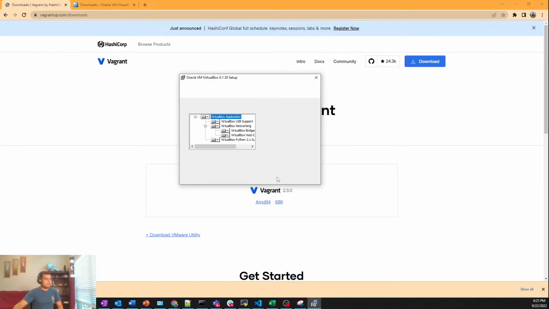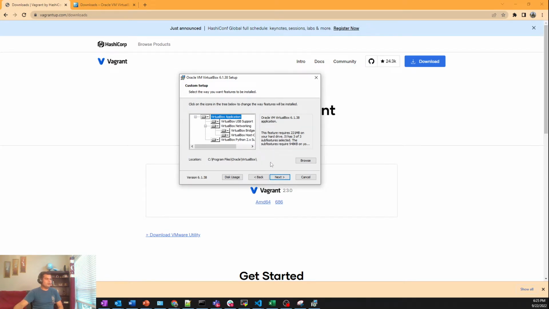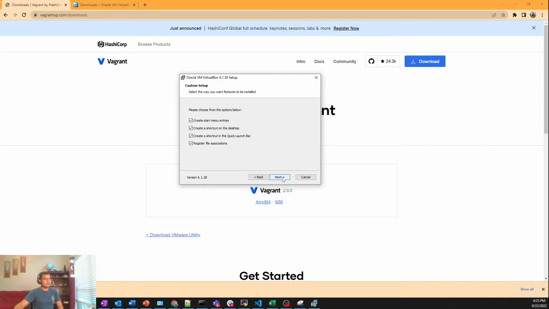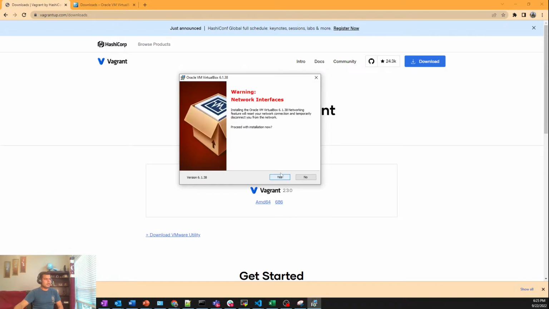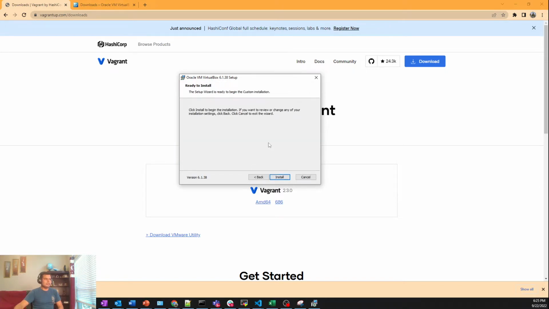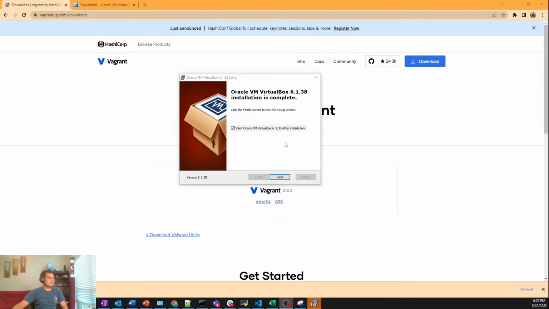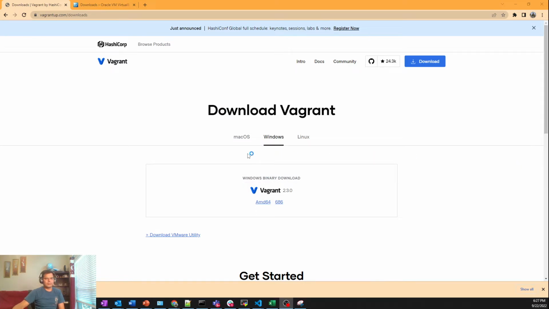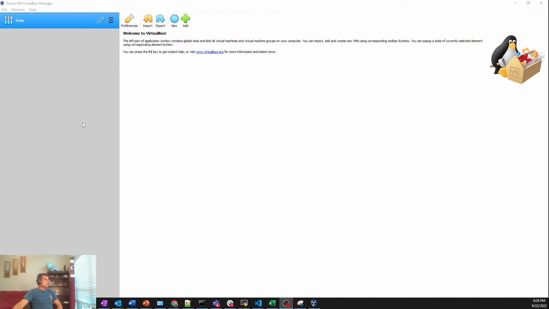We'll say next, and we just don't want to change anything. Go to the default location. We'll be saying next, everything by default, and some warning messages. I just don't care about them, and I'm going to install. It says that it has been installed successfully. I'm just going to confirm that we got the 6138 installed, and we'll be saying finish. So as soon as we say finish, we got the box, and this is the manager which I was talking